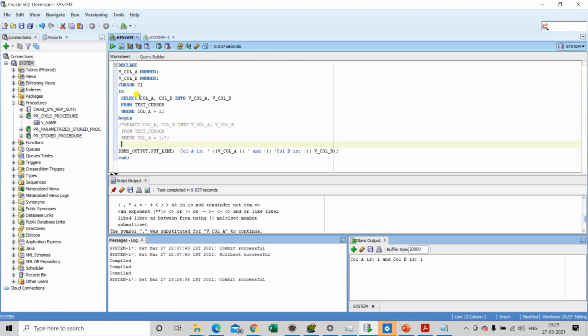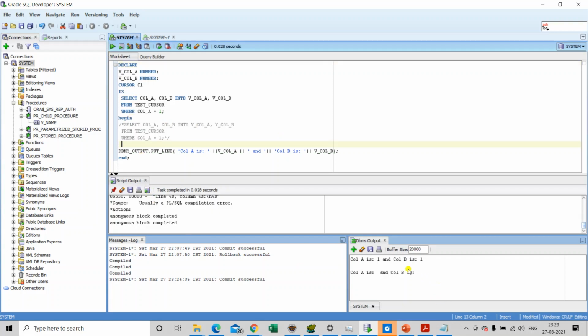Now that we have declared our cursor, we can actually run this command, but it will not print the values. V call A and V call B are both having null values currently because we have only declared our cursor using the cursor c1 command. We need to first retrieve the records from the test cursor table. We need to first open the cursor and then only we will be able to fetch the records. So to do that, we will be using the open cursor command, open c1,